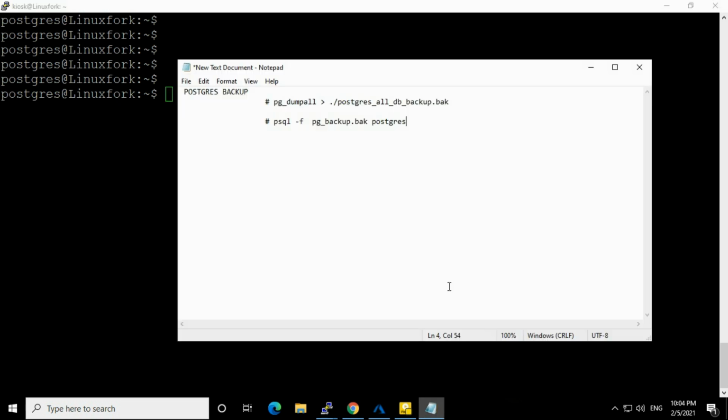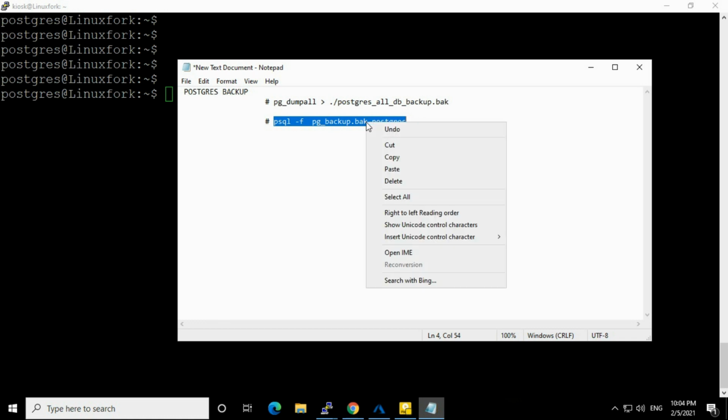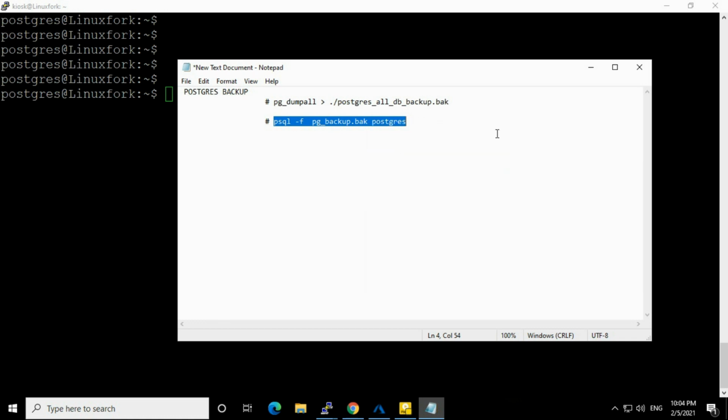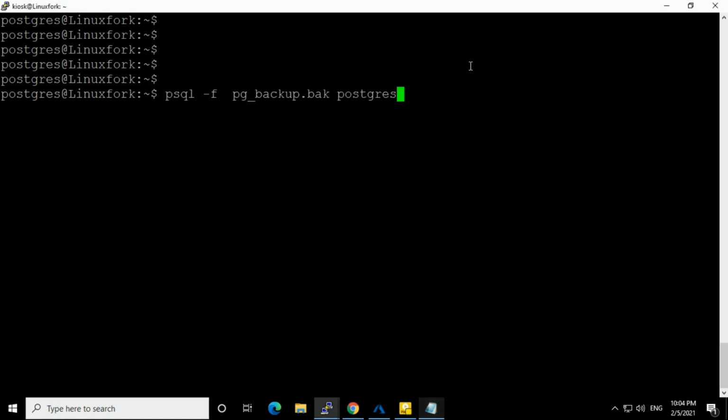The restoration is the same process. Here we are going to use psql -f and then the backup file name and then the username. This is the command for restoring that database. Here we have the file name. You need to give the path here if you stored it in some other place.